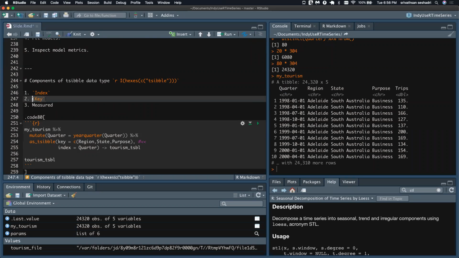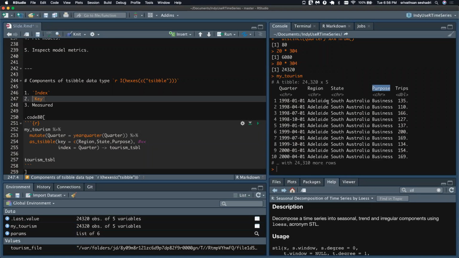You need the key. Think of this as your database key field. What column or combination of columns would identify your data, right? So in this case, region and purpose would uniquely identify a time series, right?